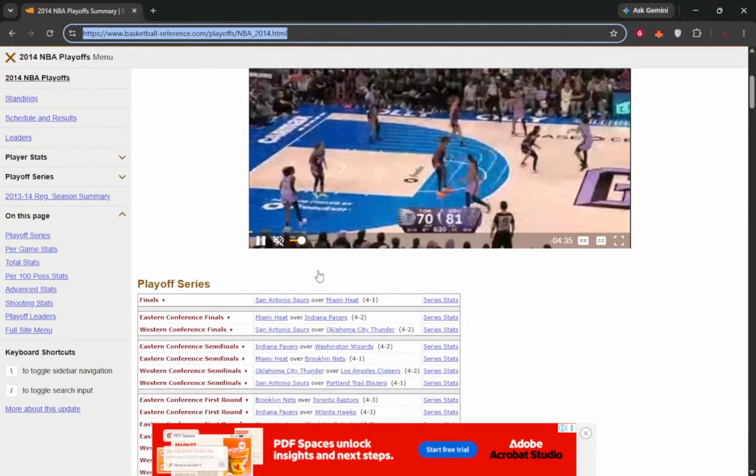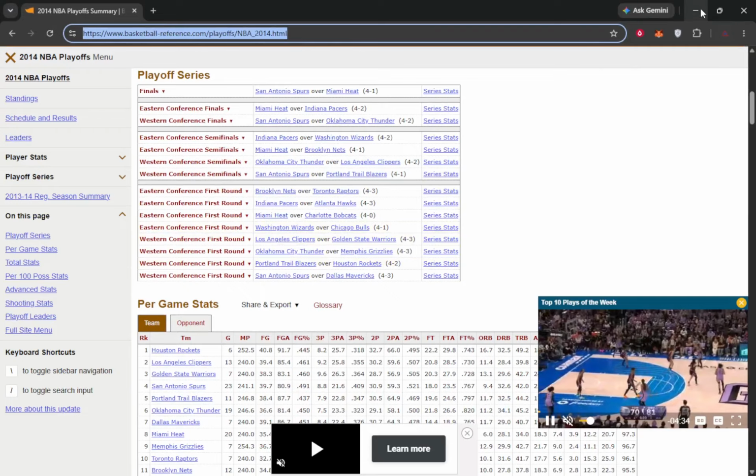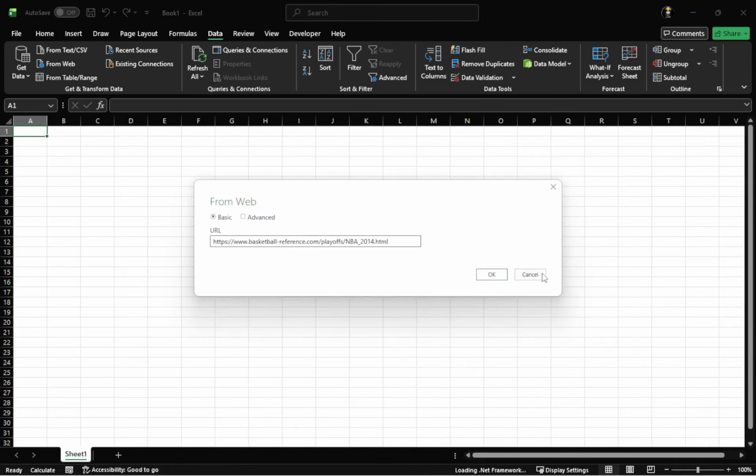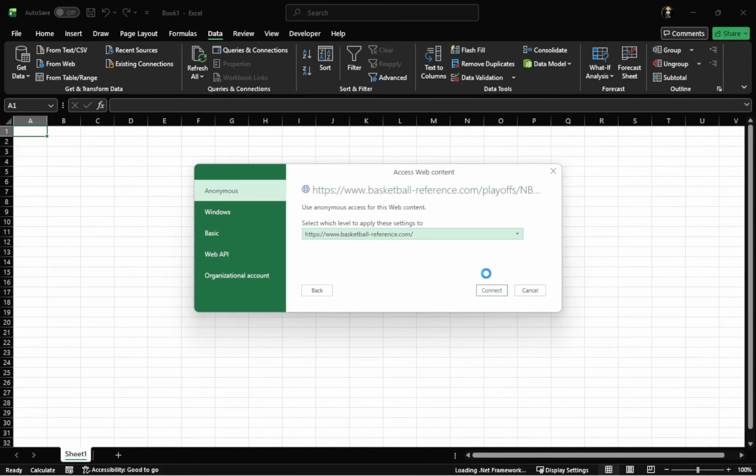This sends your request to Excel so it can go out to that web page and look for data. If the address is wrong or the site needs a password, this is where Excel will show an error or ask for sign in, so check the spelling if it does not move on. When it works, the OK button will close this window and open the next one.